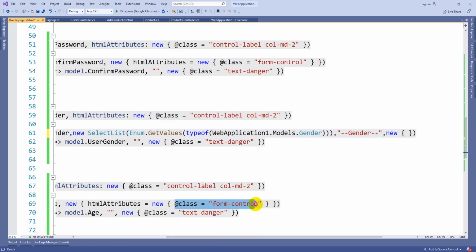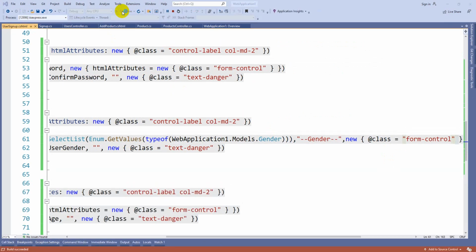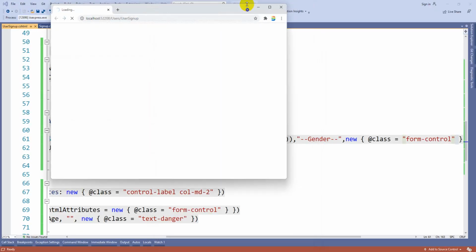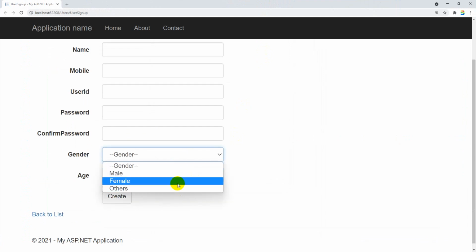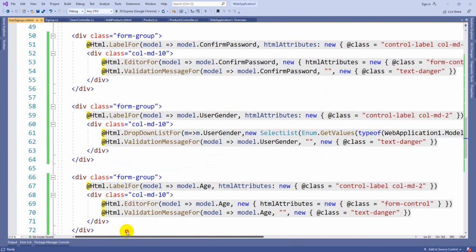I am going to use the class form control, so that I get the same design. Now you can see you got the same design. I only included the HTML helper class, the predefined CSS class. So this is option 1, how we can generate a drop down from a model. Here we generated the drop down with hard coded values through an enum.